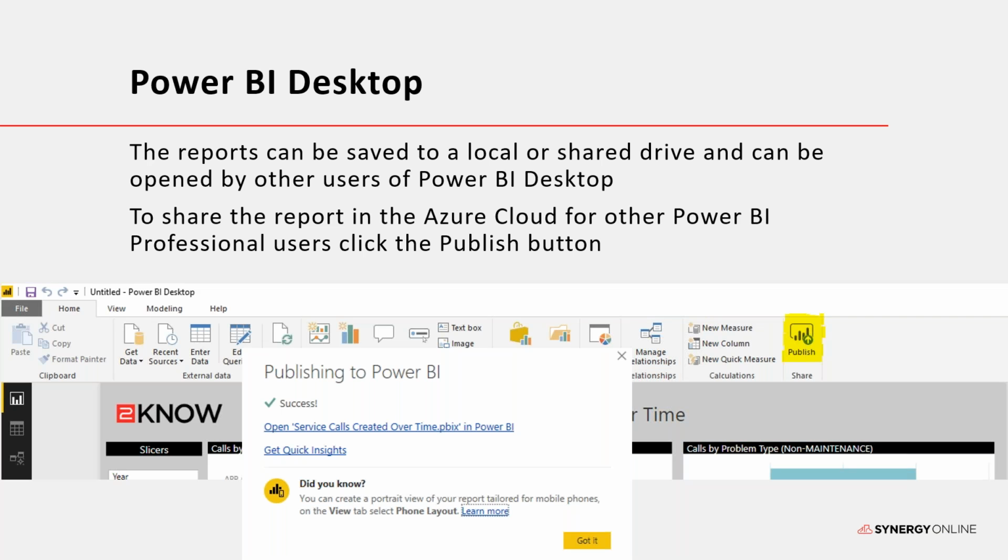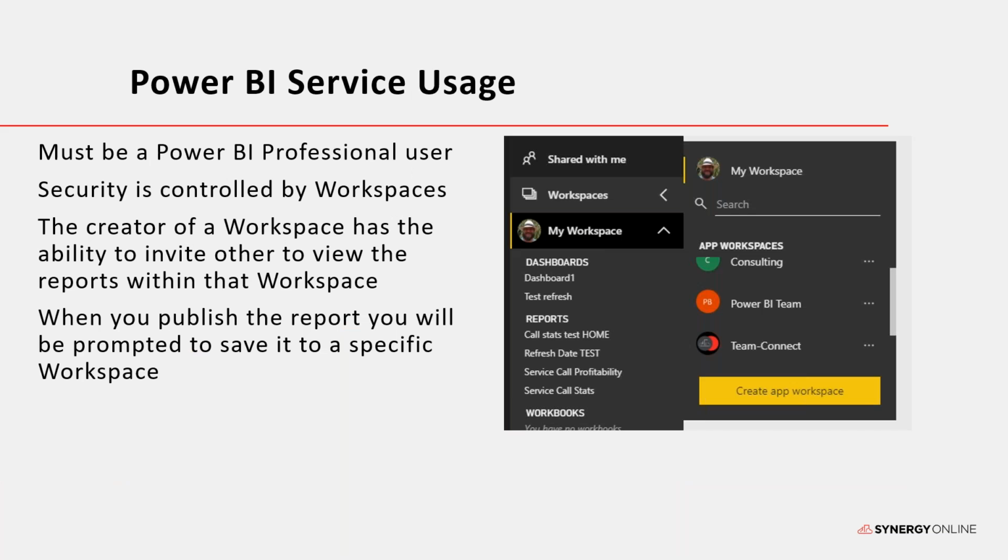It can be published to your personal cloud if you're just a single user. Now, once it gets published up to the cloud, any Power BI professional users will be able to access the data, and they'll access it through what Microsoft calls